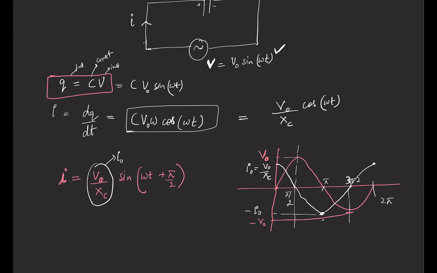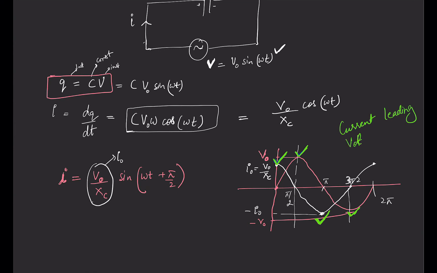You can see that the peak of I naught comes before the peak of V naught. Because I naught's peak is coming before V naught's, and similarly I naught's bottom peak is also coming before V naught's bottom peak, we say that current is leading